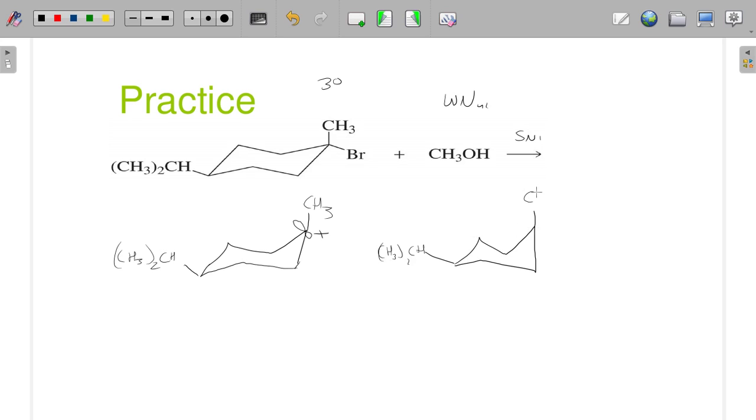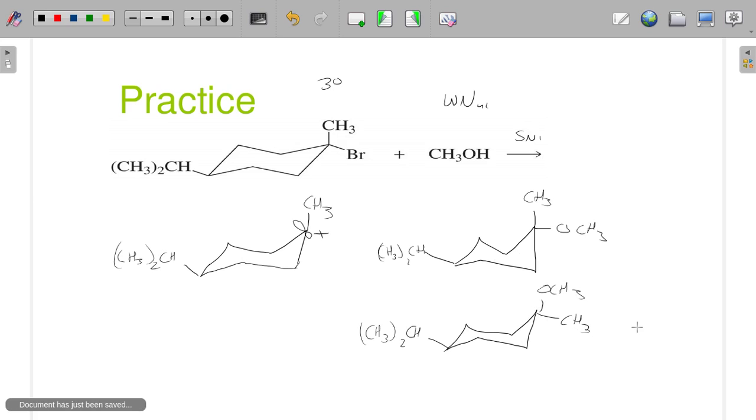And I can have one of these where the CH3 is exactly where it was. This turns into an OCH3 once we lose that hydrogen. Or this is still up. Oops, that's not a 2 there. 2 is there. CH3 is here, and this becomes an OCH3. Now, technically, I could have drawn either one of these and just wrote the word enantiomer after it, but that